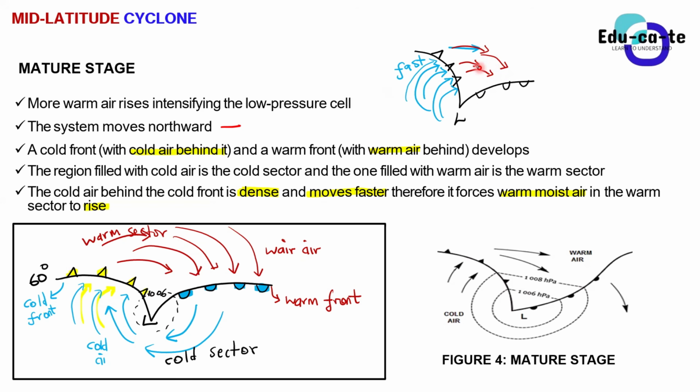Because we are still trying to explain the weather phenomenon that is happening here at the earth's surface. It is just strong cold air that is moving so fast, pushing all of this warm air up. We are still going to do the side view of a mid-latitude cyclone. It will be more clear later on when we do that in our next session. So this cold air is pushing and forcing this warm air in the warm sector to rise. Do we get the sense?